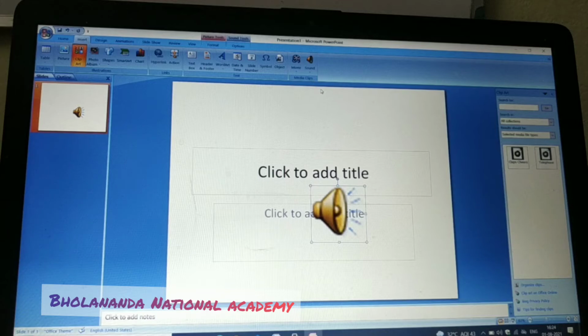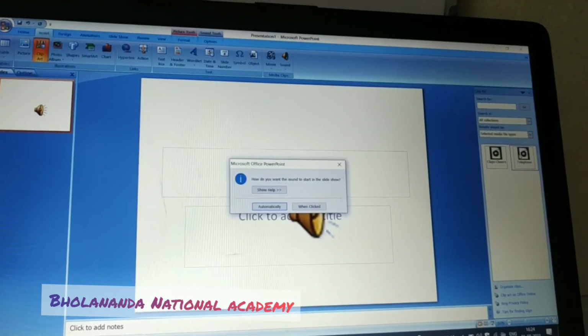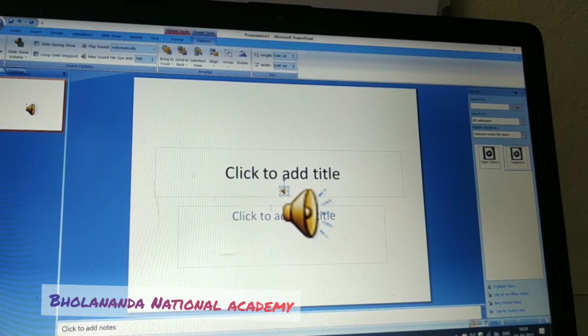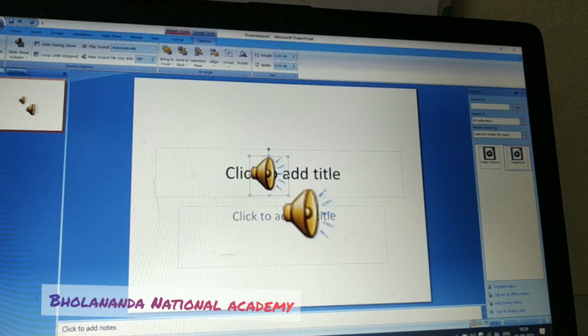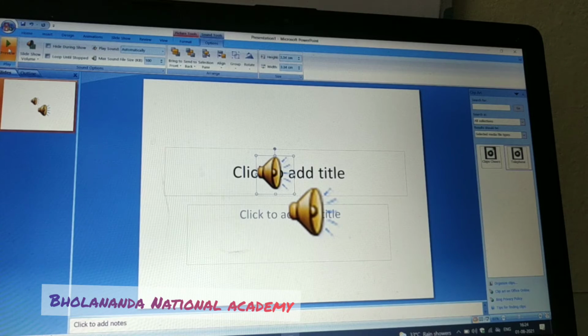You can choose any one of the clip art audios from this drop down menu, and you have to double click the sound to insert it. If I choose the automatically option, then I have to click on preview, so this is the sound. In this way you can add sounds also.